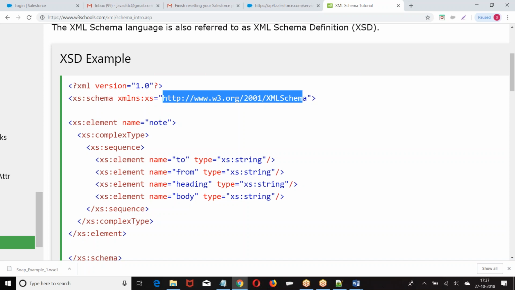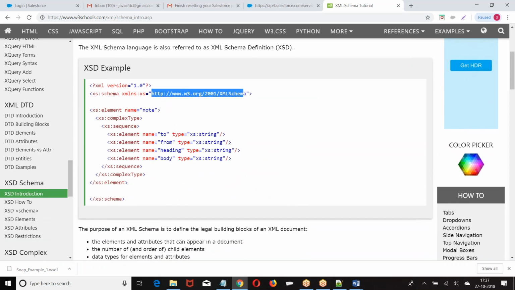So remove that XS now. What is that element? Complex type. See, okay, sequence. These are the attributes that are actually there. Did you follow my point? Did you follow? What is the meaning of element? That is in w3.org. What is the meaning of complex type? It is in w3.org. What is the meaning of sequence? w3.org. Okay.